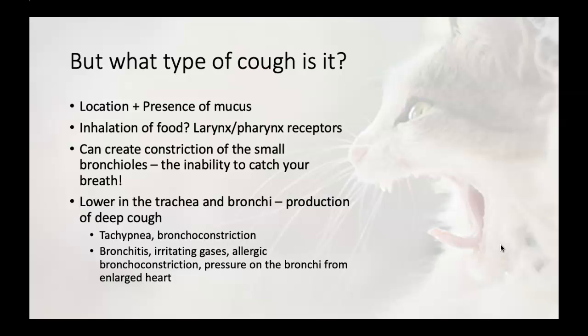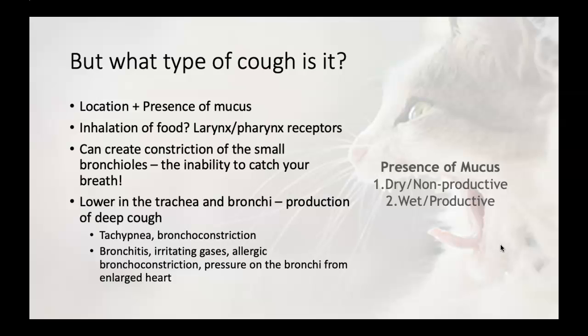Constriction, sorry, not vasoconstriction. And then lower in the trachea and the bronchi, we get the production of a deep cough. And with that, we can get tachypnea, bronchoconstriction, bronchitis, irritating gases, allergic bronchoconstriction. All of those things can cause it, including pressure on the bronchi from an enlarged heart. So all of these things together, we've got location, the whereabouts of the cough, and then of course secondary is